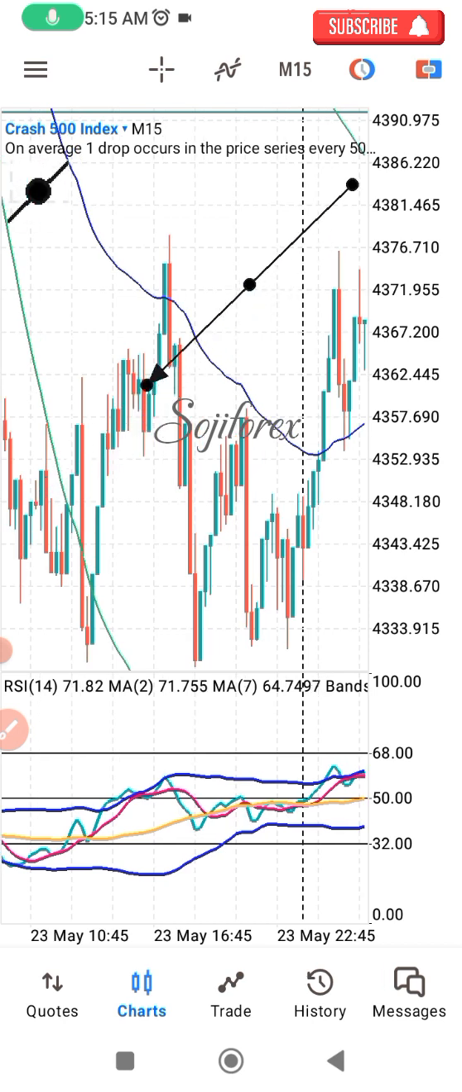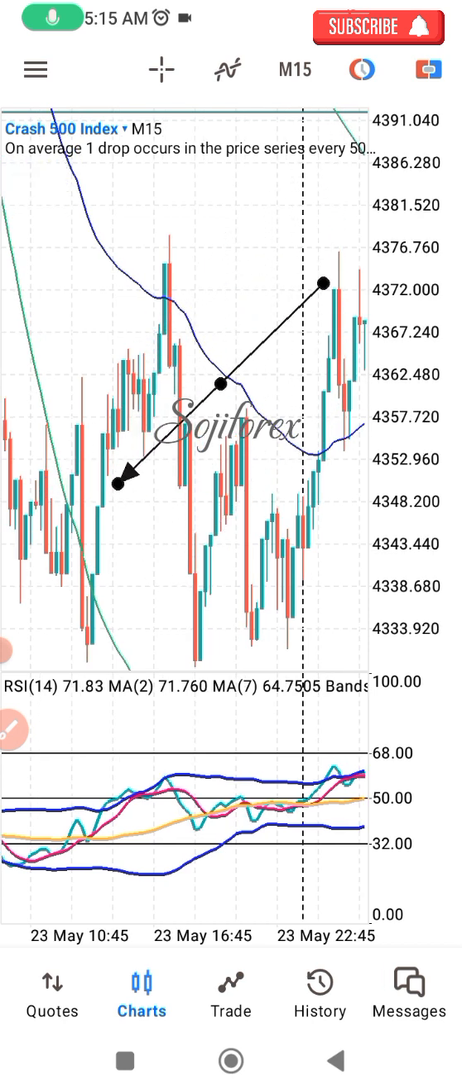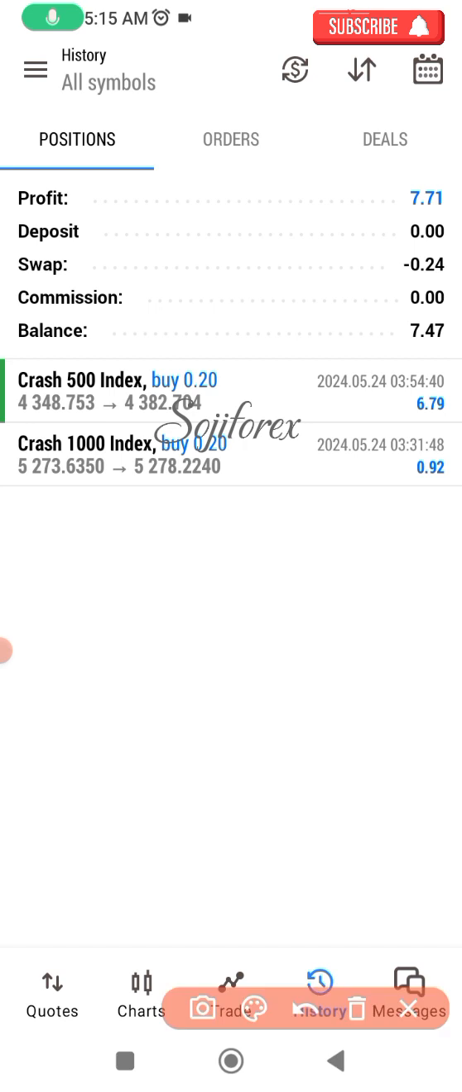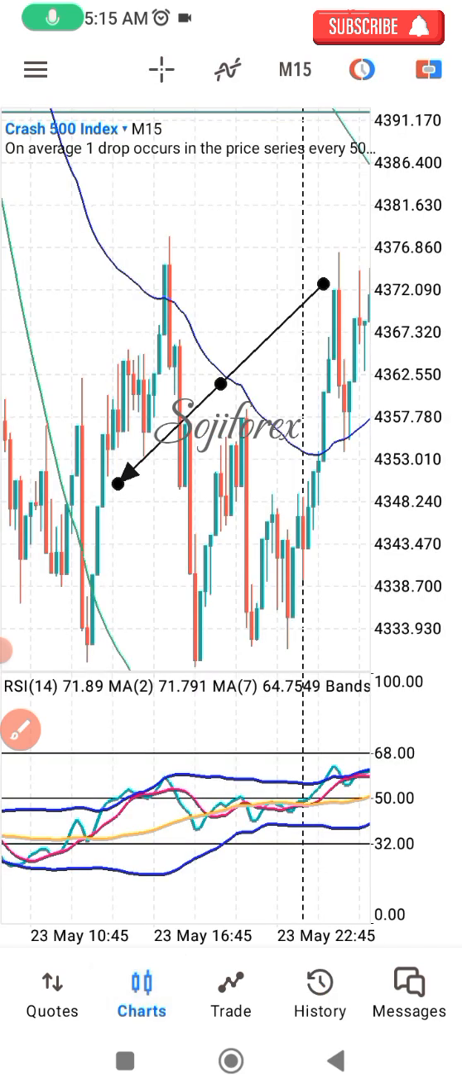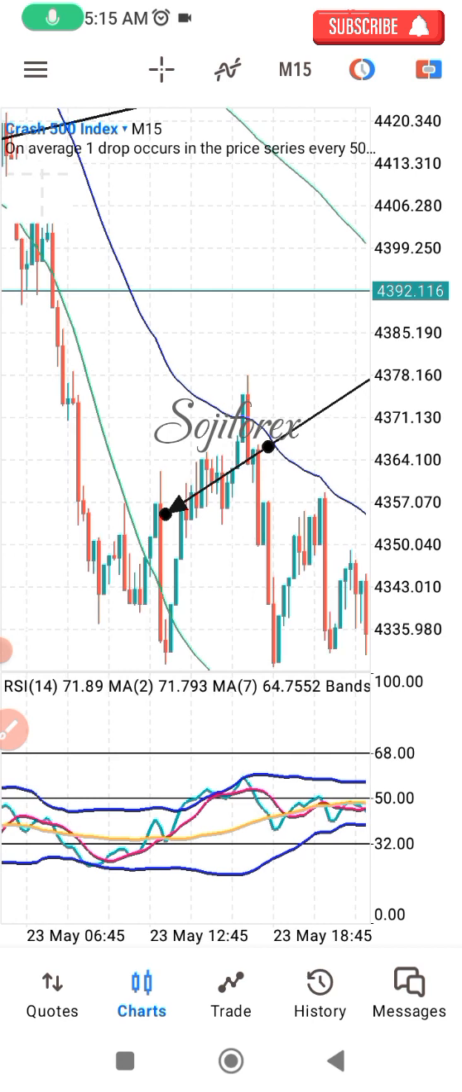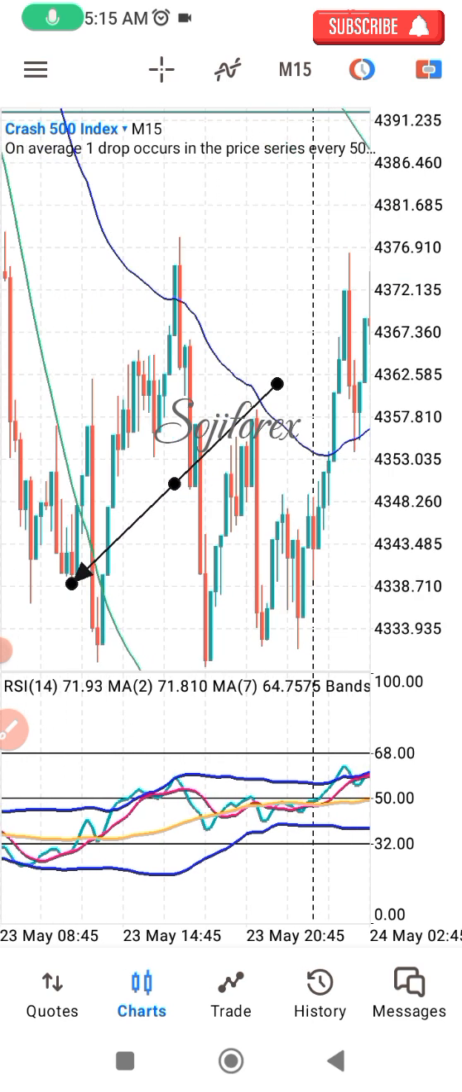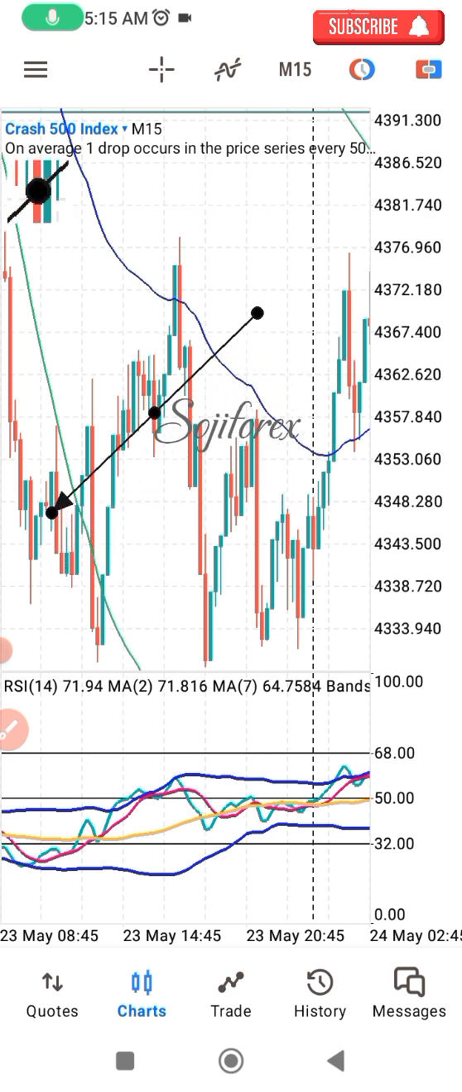Now this is Crash 500. Looking at here, this trade has already hit TP. This is a trade on Crash 500 that hit TP just this morning, and I made this entry here. I observed that price was pulling outside the lower Bollinger Band, and I established that the gap between the lower